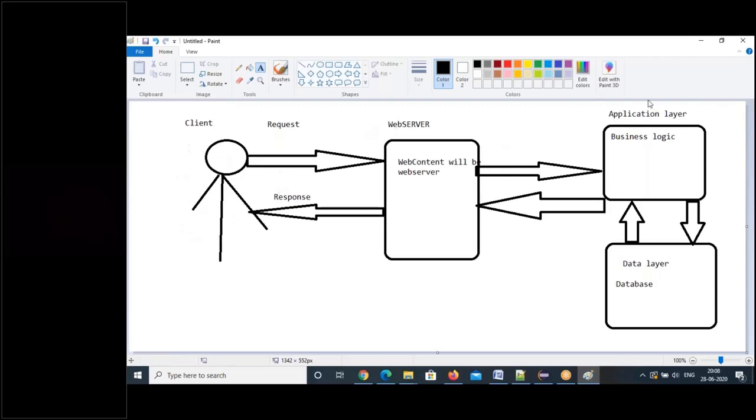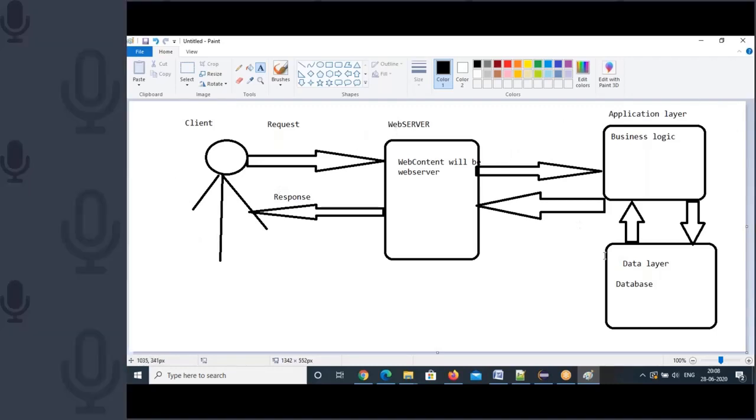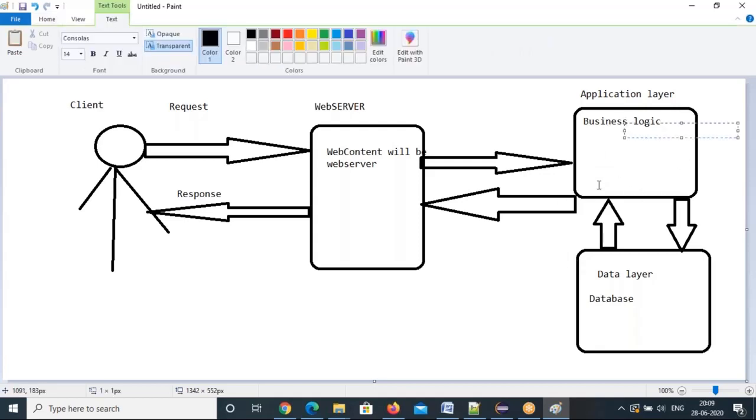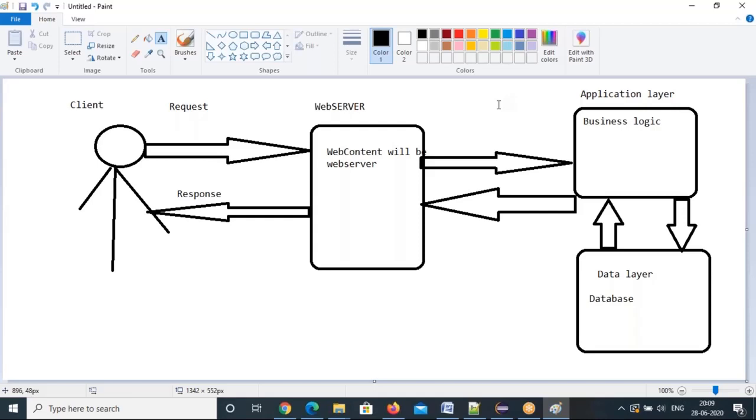The architecture will be somewhere; we don't know where it is. You're just giving one URL, the web address, and you're doing actions on the web application, getting back the data, right? That's how the data will be interacted with the application. But mainly, suppose you are storing a huge amount of data. You created data, where will it be stored? The data will be stored in the database.